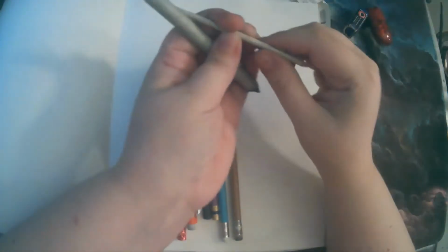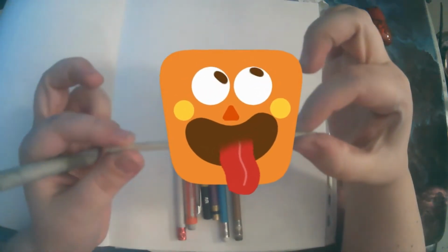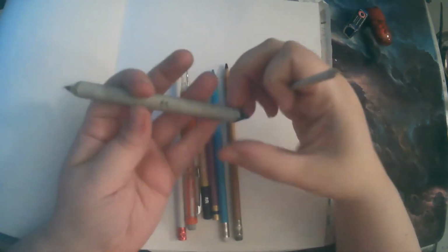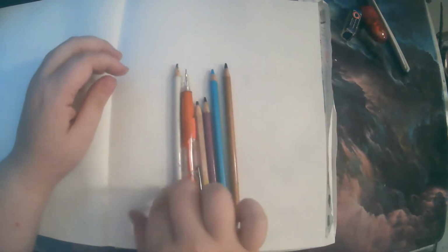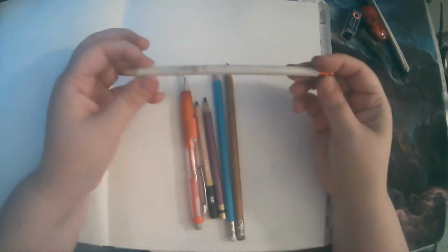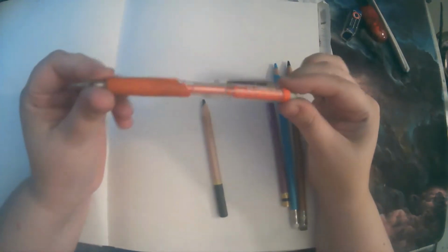These are just some, again, my language doesn't want to work today. My mouth doesn't want to form the right words. These are just some simple supplies that I had laying around my house. You may not have them, I don't know. But if you do, then that's all you really need to try out some basic shading techniques today. We're just going to do some simple practices really quick, and then you're going to get to see a